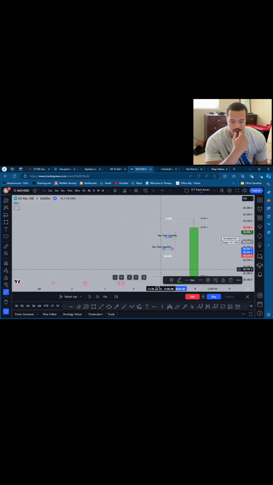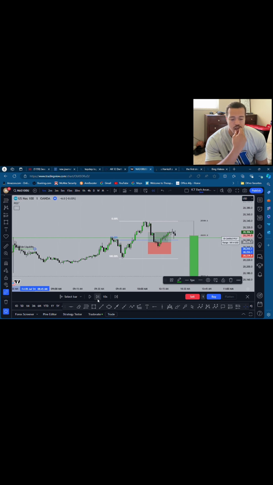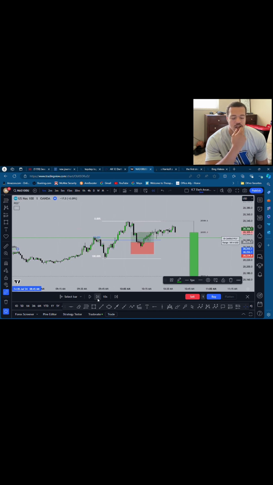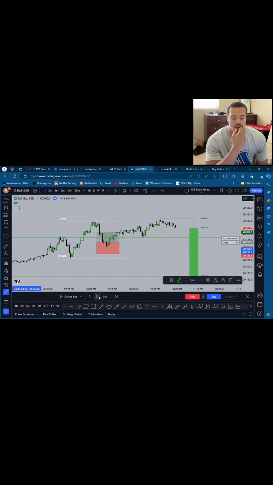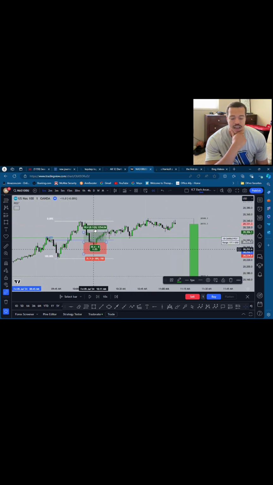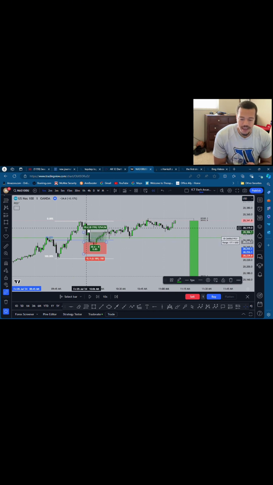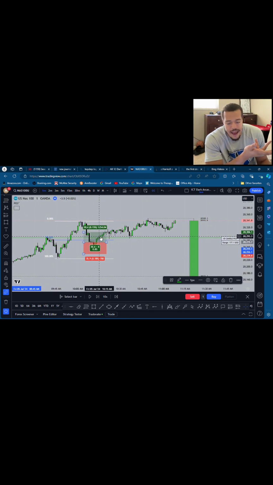I want to see actually what it's going to do. Yeah, see, y'all, you see how it just kind of ignores this gap. It ignores these gaps because the narrative and the bias is for the up. It's bullish. So that's why you have to backtest this stuff, because then you start picking up on things